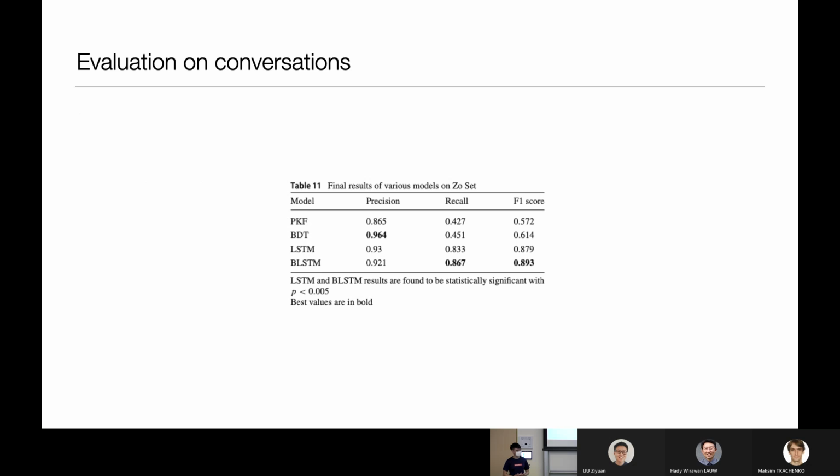For the evaluation on conversations, the authors use the Xbox dataset. Xbox is a gaming platform, and when you play games, you tend to get angry and nasty. So there are a lot of conversations here that are inappropriate. The Bi-LSTM, the model that we showed, actually performed well in flagging all this inappropriate text.